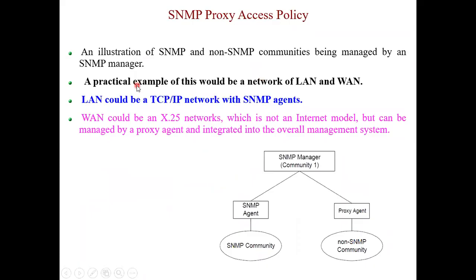Okay, so this example they have given is an illustration of SNMP and non-SNMP community being managed by an SNMP manager. So a practical example is a network of LAN and WAN.